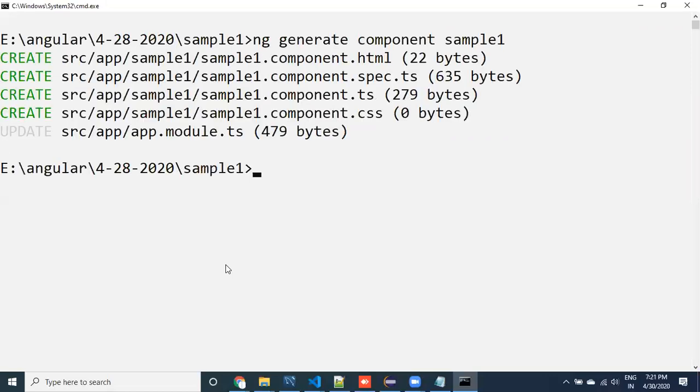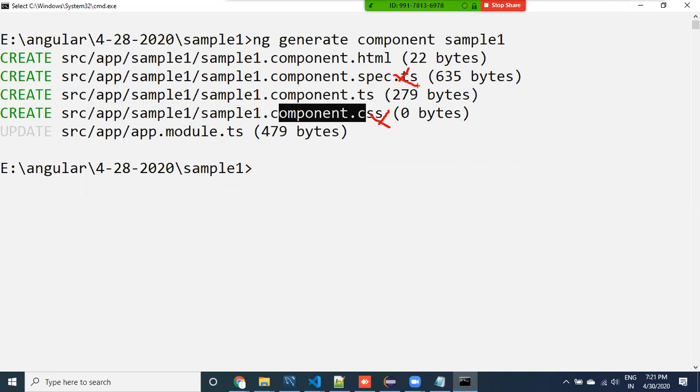We have seen them just before, right? HTML file, TS file, TypeScript file, this is a spec file for unit testing, and this is the component class, and this is CSS. Right now you can neglect CSS and spec. We are going to focus only on two things. Of course it is going to generate them, don't worry.